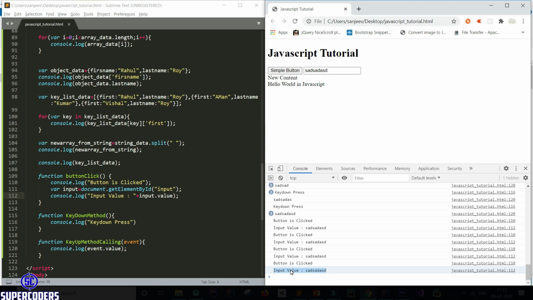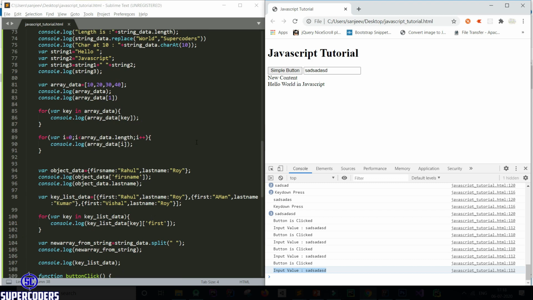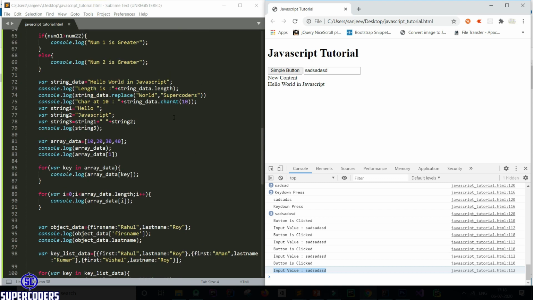So this is a simple basic JavaScript tutorial with some syntax and how you use things like for loop, while loop, for conditions and loop generate. Also in this tutorial I will show you how to manipulate the DOM. Accessing the DOM data using JavaScript, updating the data using JavaScript, Ajax and such things come in the next part of this JavaScript tutorial. After that I will show you how to create an app in React.js. So before starting React.js, I am clearing your basic concept of JavaScript. If you know about JavaScript, then you can skip this topic.